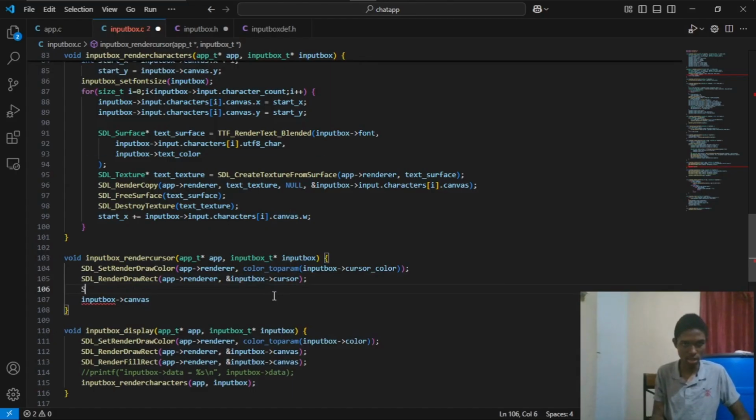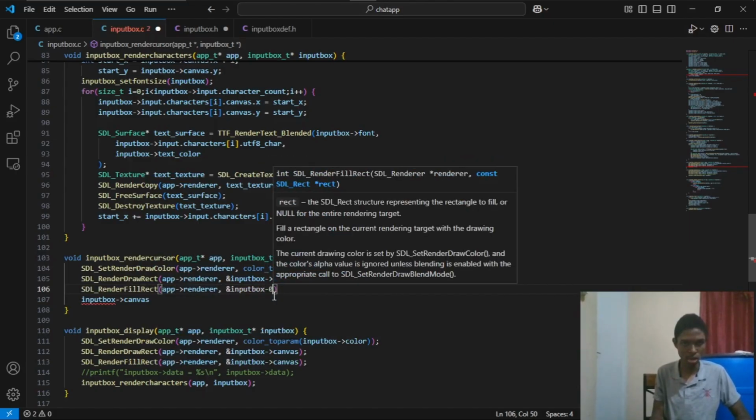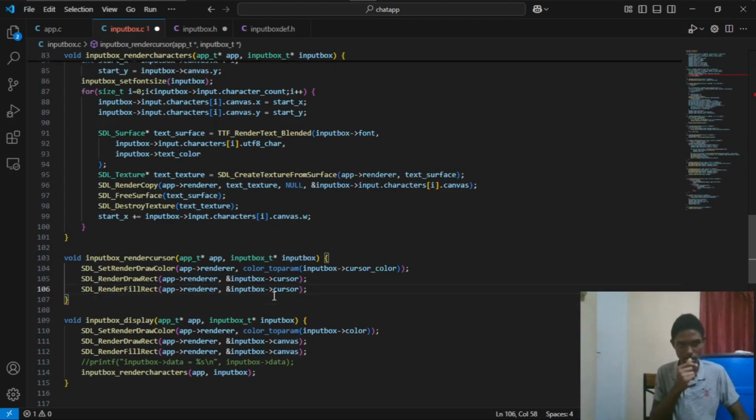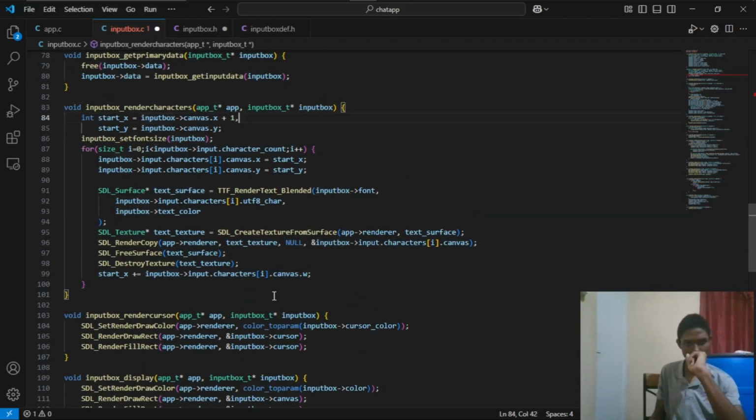We'll then say SDL_RenderFillRect, renderer, input box cursor, and then that should be it. But in our render characters function, we'll need to shift our character over